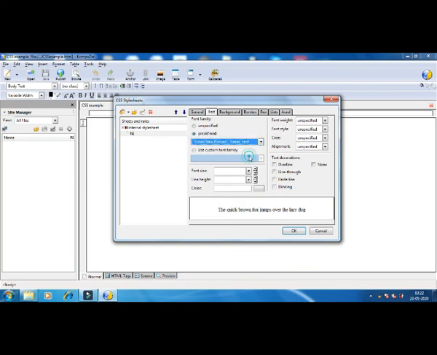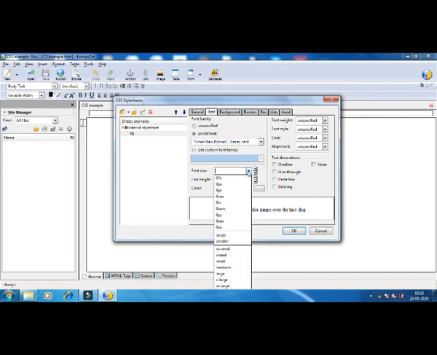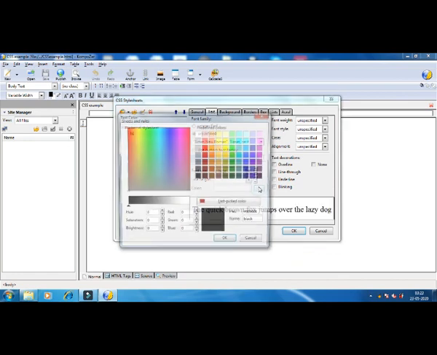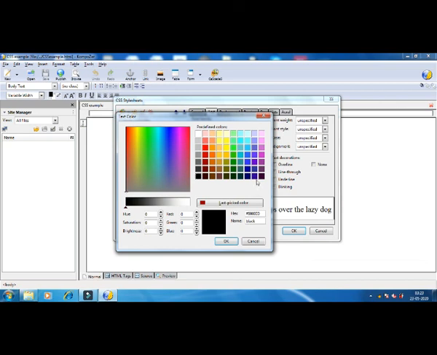You can get this effect as soon as you select any effect in your preview window. Now we are selecting the font color here.